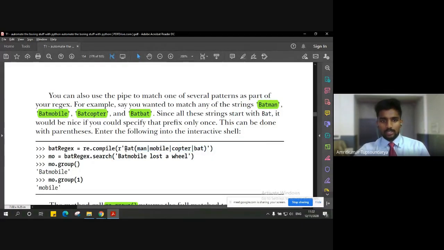Anything which can match this Bat along with any of the other text here will give me the result. Now this is all about defining the regular expression.